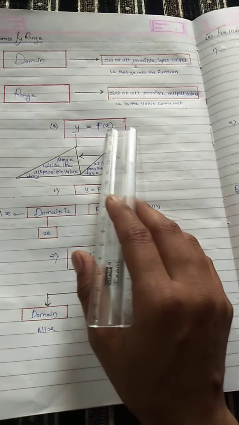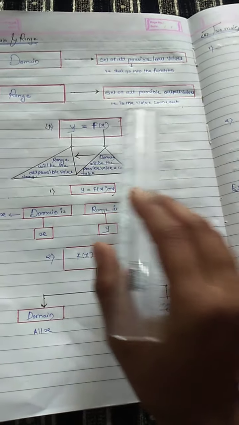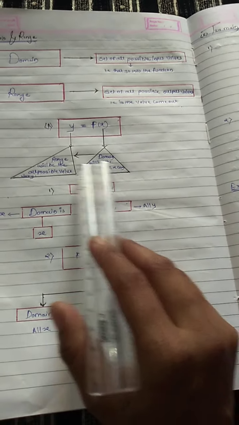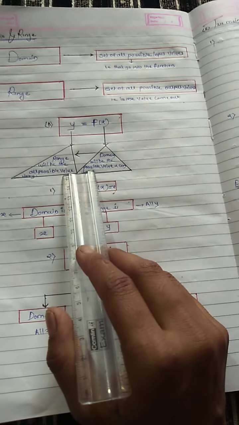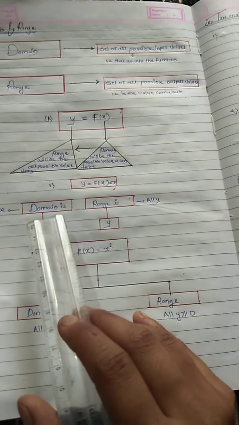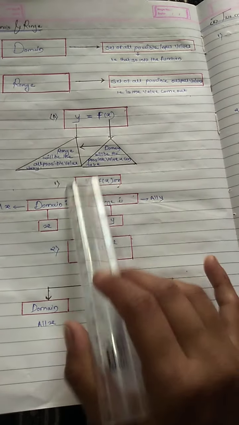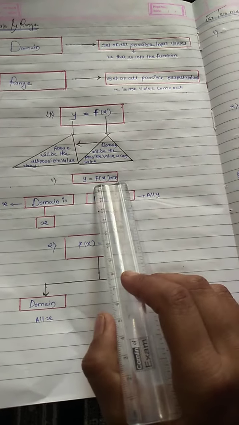If we have a function y is equal to f of x, then the domain of this function will be the possible values x can take, and the range will be all possible values for y. Maybe something like domain is x and range is y. What is the domain of this function and what is the range of this function?